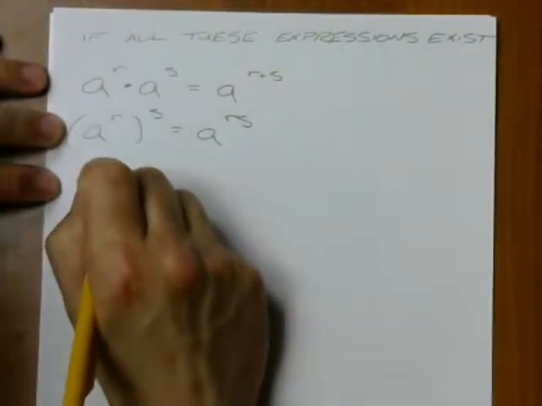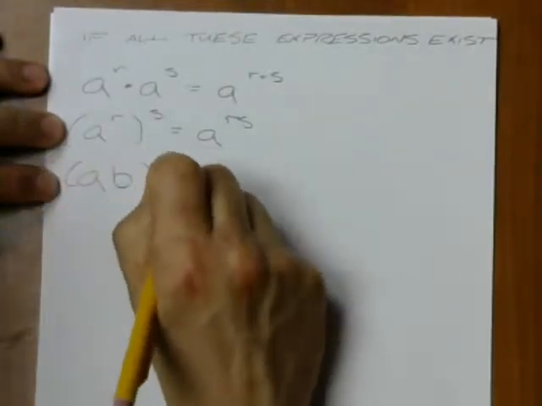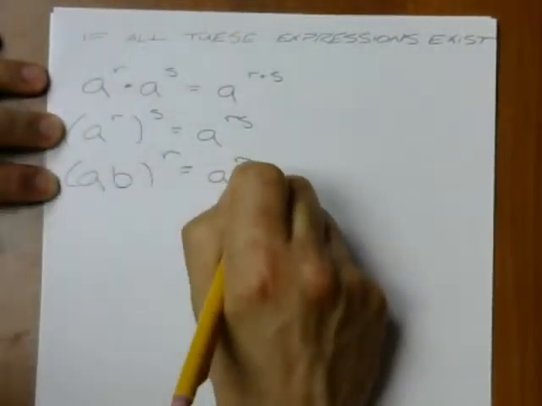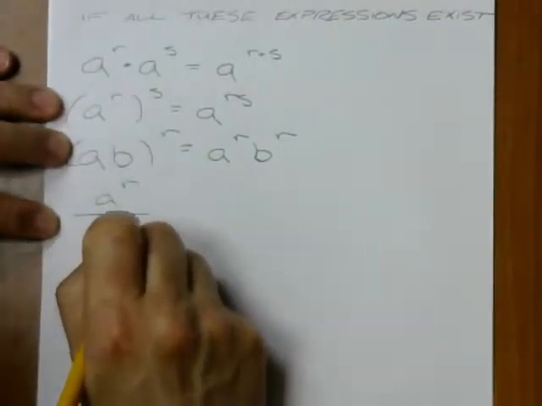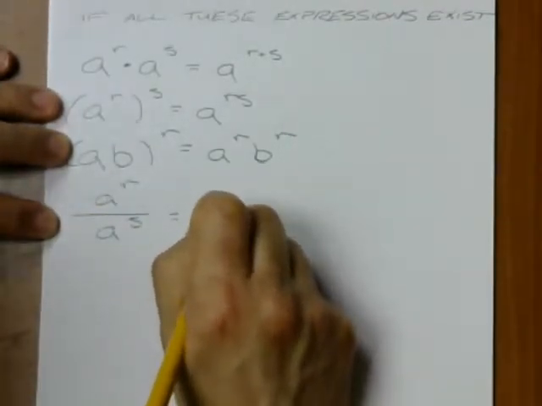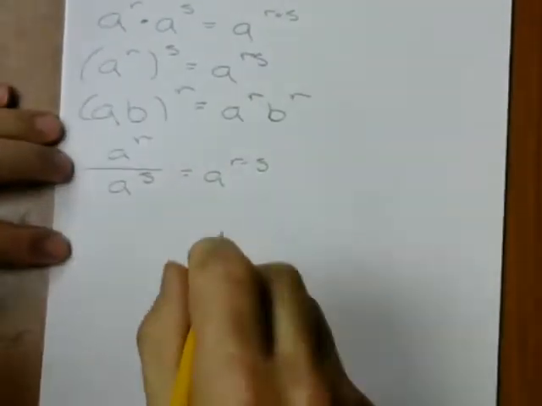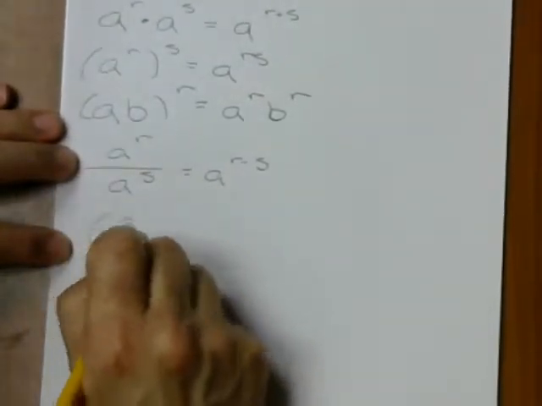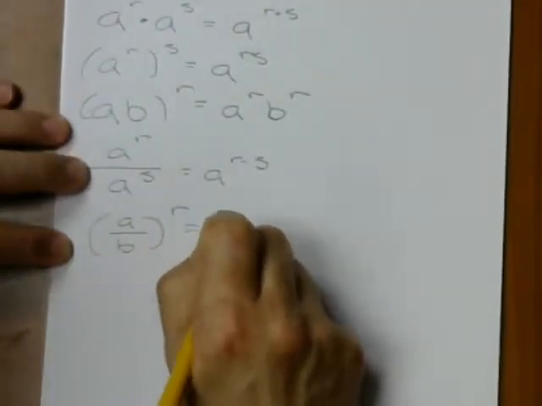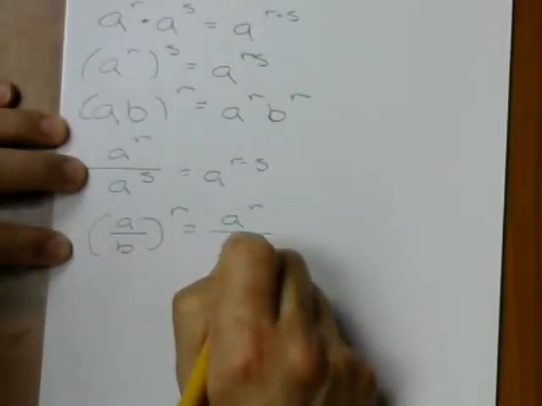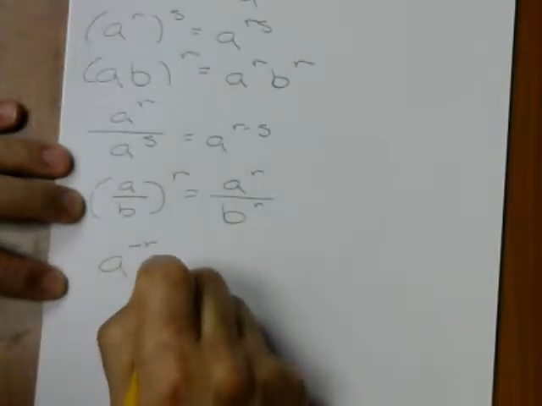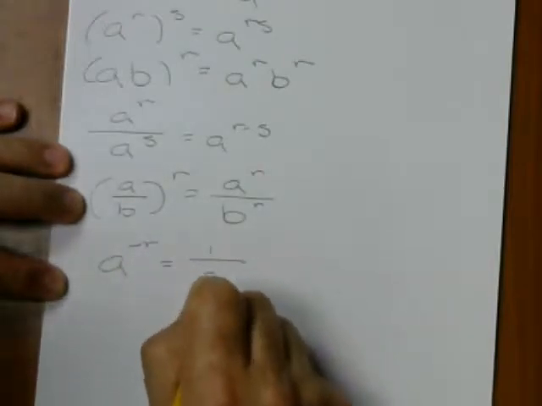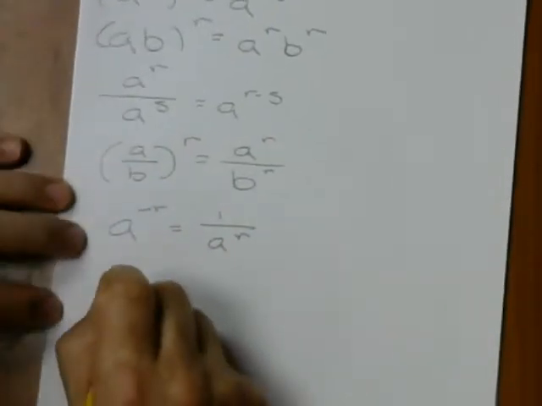A b to the r is going to be a to the r b to the r. And then for division, just like we had before, also a over b to the r is a to the r over b to the r. And then finally for negatives, which we already have used,